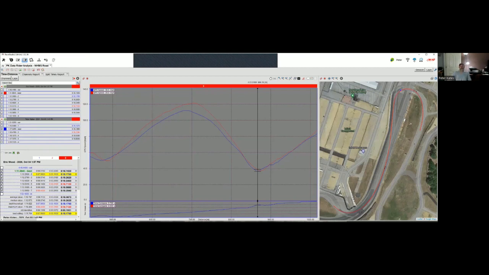Hi, many people have asked what exactly it is that we're doing at PK Data to try to help you with your data. And I thought the best way would be to show an example of what we can get out of just a simple GPS speed channel using, in this case, an AIM MXK10 on a ZX10